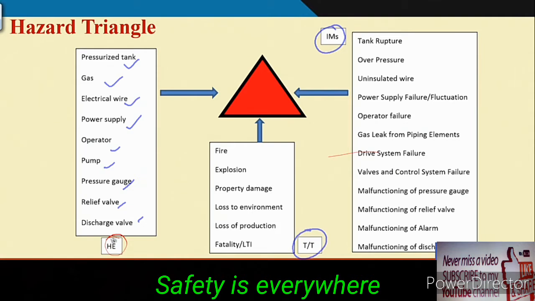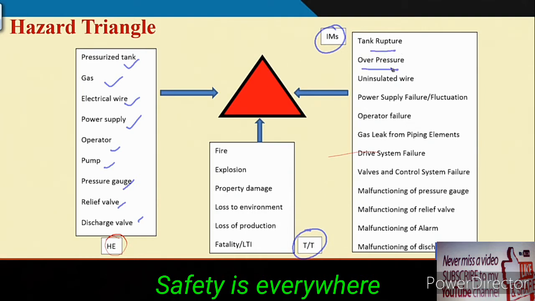So, when we talk about hazardous elements, it can be either hardware or the software or the humanware or the energy sources, okay, or some others which are not combined there. So, for example, pressure tank is a hazard element because the tank itself can have wear and tear, and finally, there can be leakage or rupture of tank also. So, that is why this is the source. Now, initiating mechanism for tank case, tank rupture may take place.